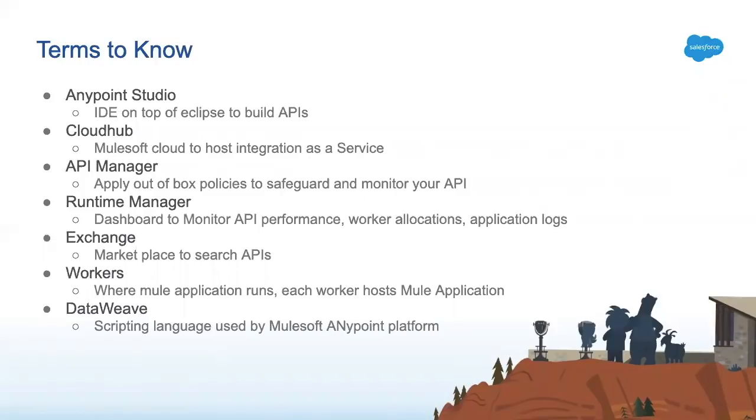API Manager is where you manage APIs: who can log in, how many API calls can be hit in 5 minutes or 1 minute, what kind of policies are there, whether to blocklist any IP addresses. Those kinds of settings happen in API Manager. In Runtime Manager, you can monitor your application, how fast it is, how it is behaving, and whether there is any performance degradation. Exchange is just like AppExchange. This is the Mulesoft Exchange where partners, if you're interested in earning more money, can create connectors, publish them, and earn from them.